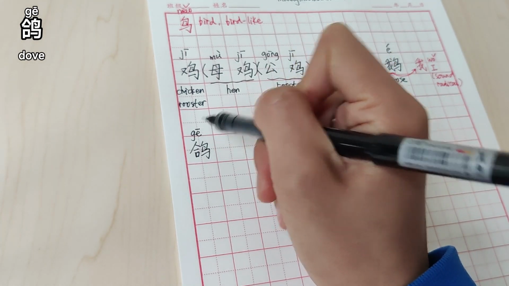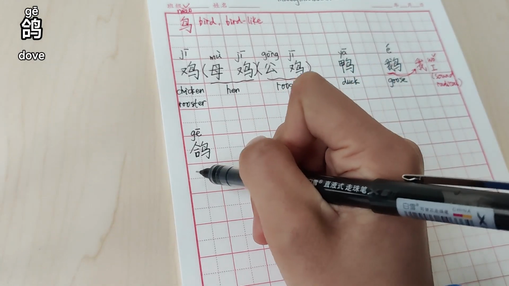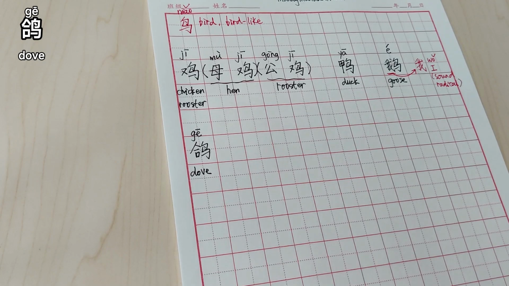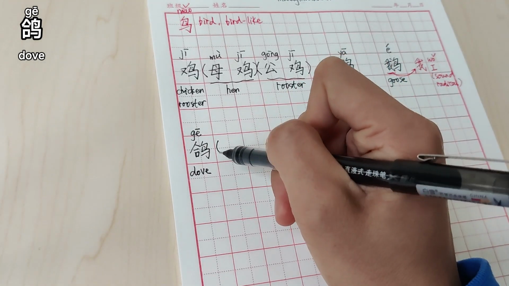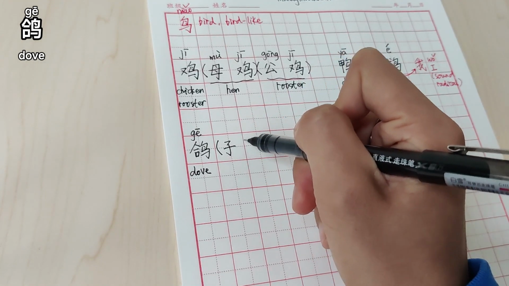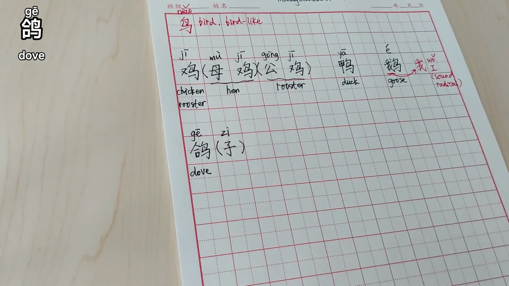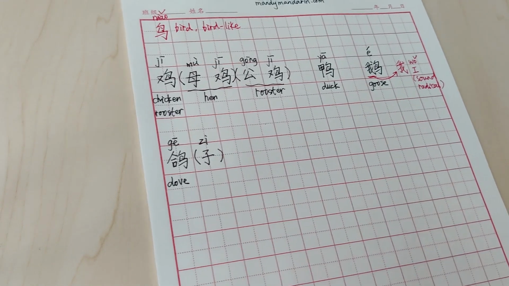Ge. Ge is a dove. So we say 鸽子. In everyday life, we prefer to say 鸽子. And the next one,